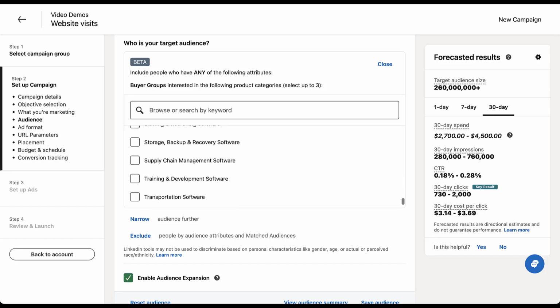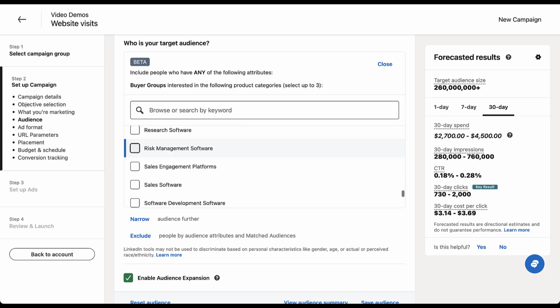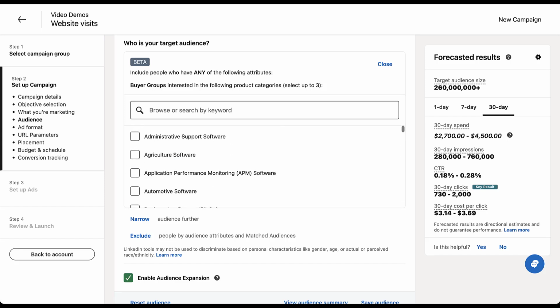And as I said, there's 56. So if we come all the way down, last one's going to be web applications and firewalls. Hopefully out of those 56, there's at least one that matches what you're looking at. But as you can see up here at the top, you can select up to 3 buyer groups for your